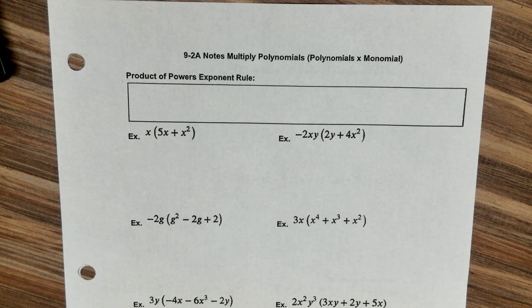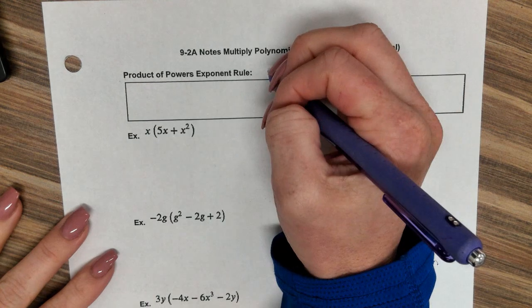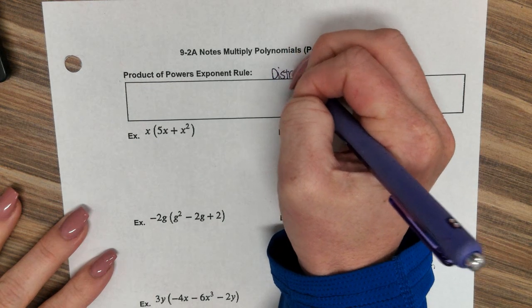This is where you're going to follow your power of exponent rules. You can combine when you're multiplying. They do not have to be alike. So it's just like distributive property. So right up here, I want you to write, we are going to do distributive